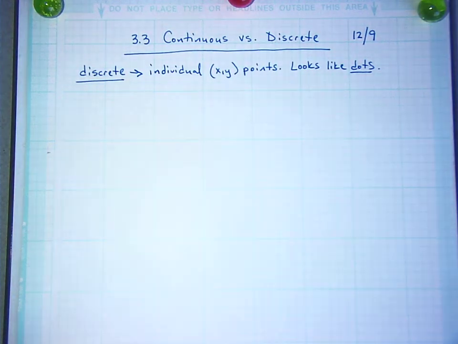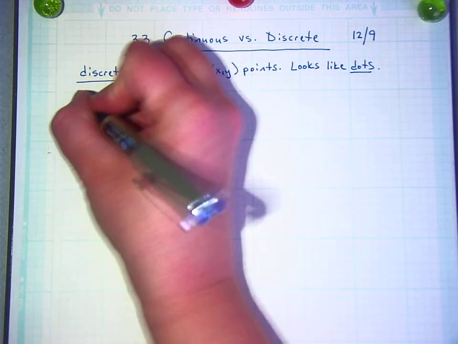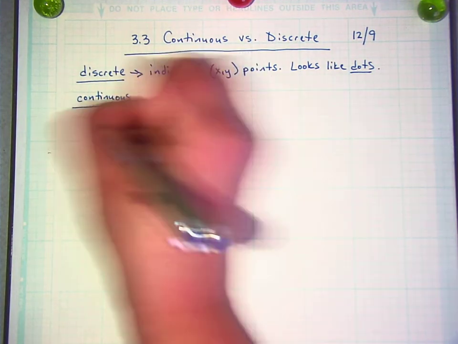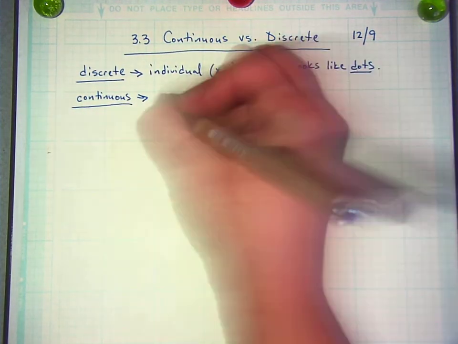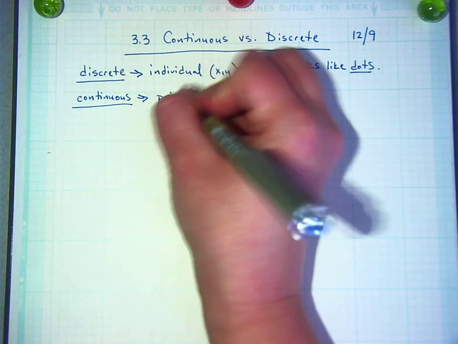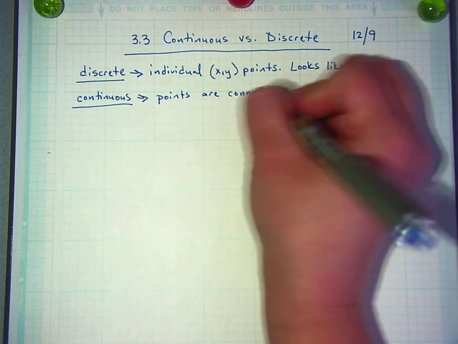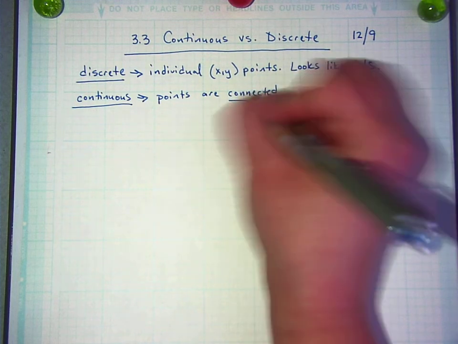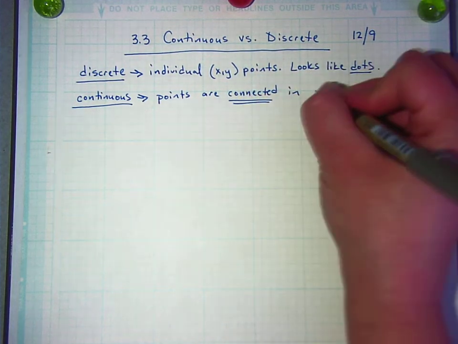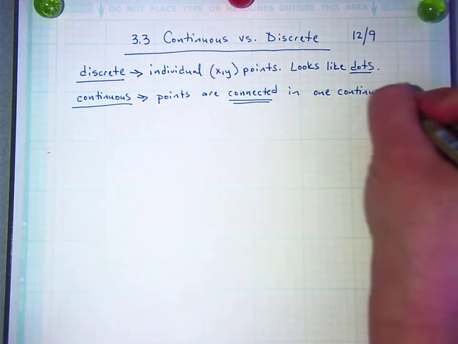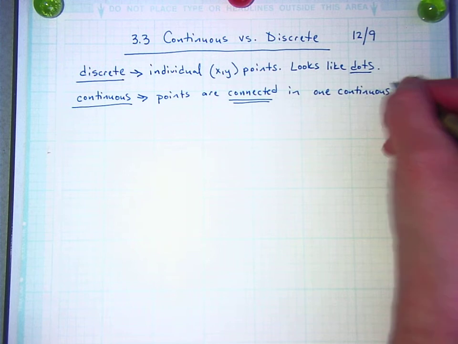So discrete is individual xy points. They look like dots. I'll give you an example in a second, but first let's write down what continuous means. Continuous is when those points or those dots are connected in one continuous line. I know that it's not really kosher to write continuous in a definition of continuous, but